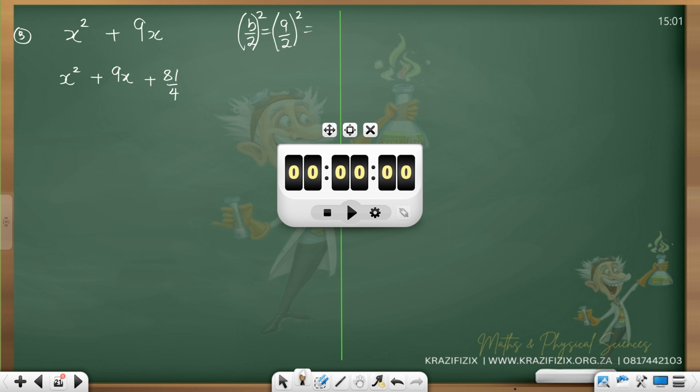If we square that, 81 over 4. But we add and we subtract. I told you the secret. Don't even try to, don't stress. That b over 2, that 9 over 2 is what's going to come in here. Positive and positive there. Minus 81 over 4. x plus